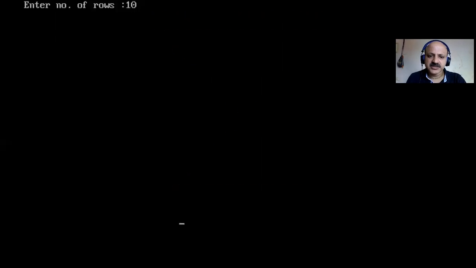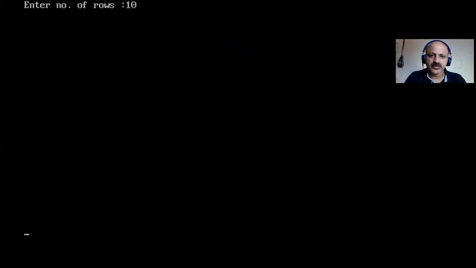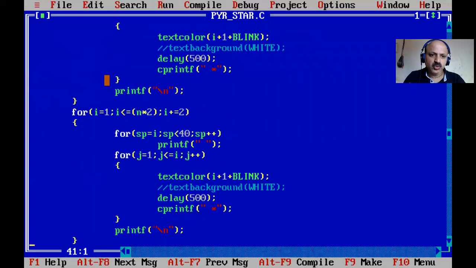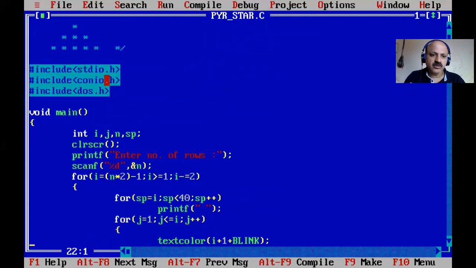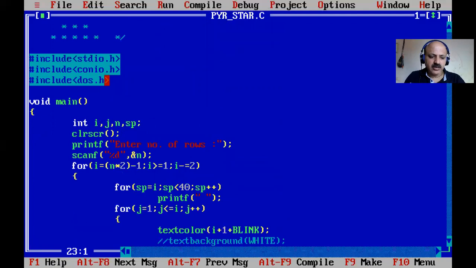Yes, and now last, yes, all the red stars are printed in 10 rows. So 10 rows are displayed, 5 up and 10 up and 10 below. Okay, so now I close this session. So we have to do many tests. Yes, so write this program in your notebook and I close this file, and Alt F3, that function F3, and